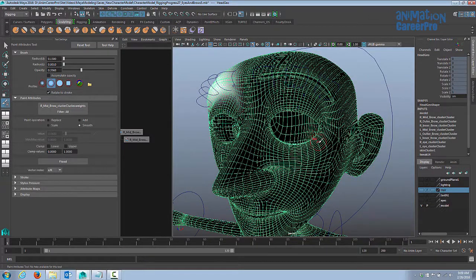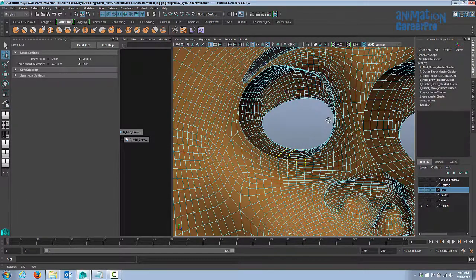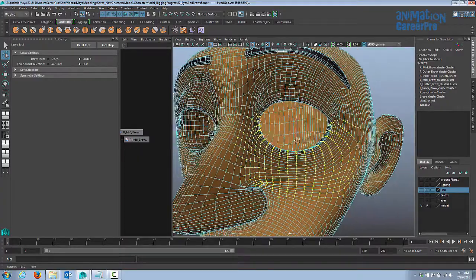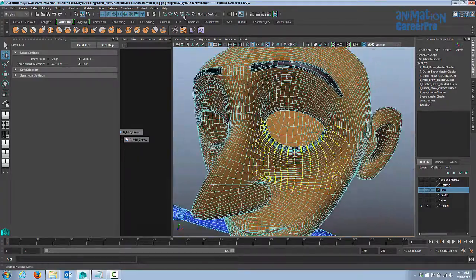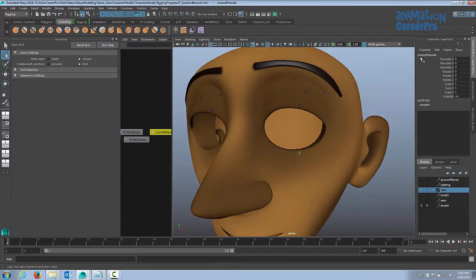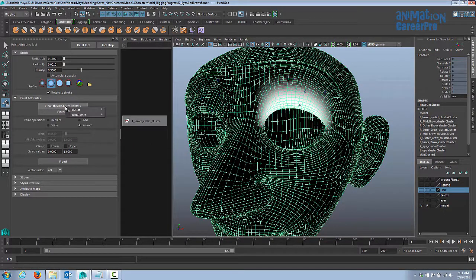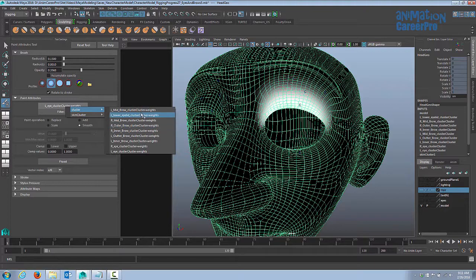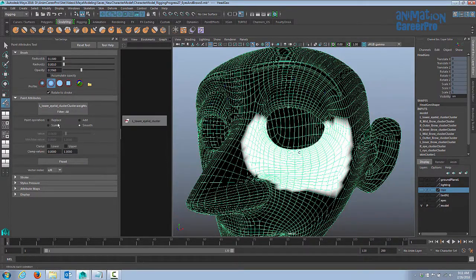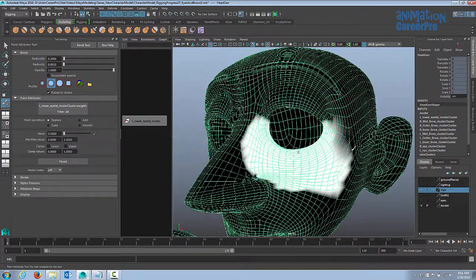Alright, so we're going to create two more clusters for the lower lids. Definitely want to include the corners of the eye here. So I'm just going to do a rough selection. So I think we got a little bit more than what we needed there, but that's totally fine. So let's just go and create the cluster. Go to the form, cluster, and let's name that one. Click on our weight painting tool here, and we'll go find that in the list. Left lower eyelid cluster, there it is. And we'll go ahead and do the same thing we've done before. We'll go to replace.